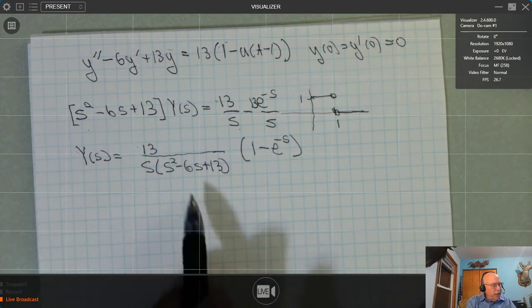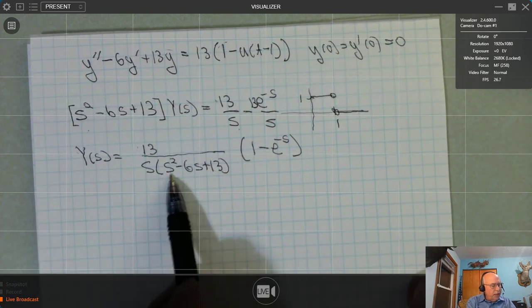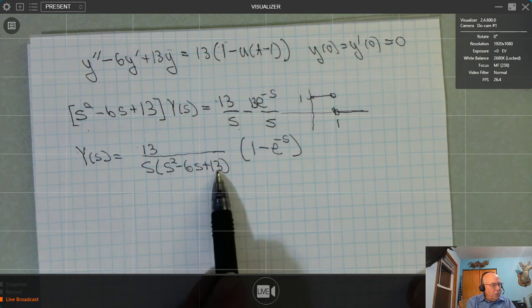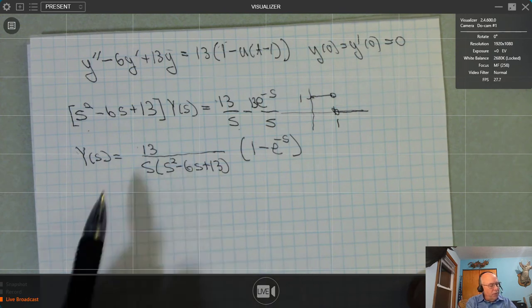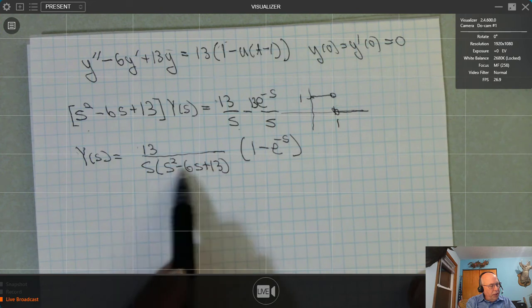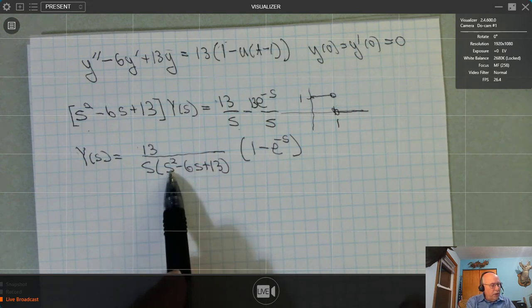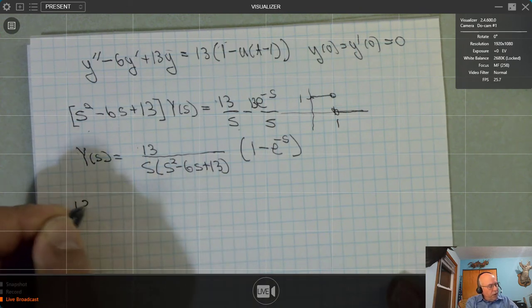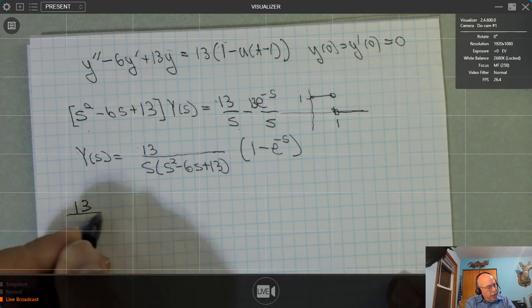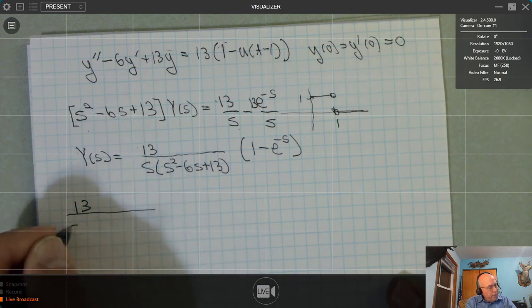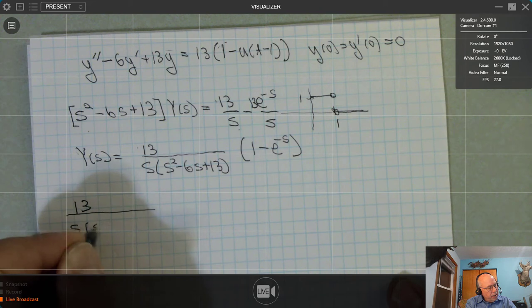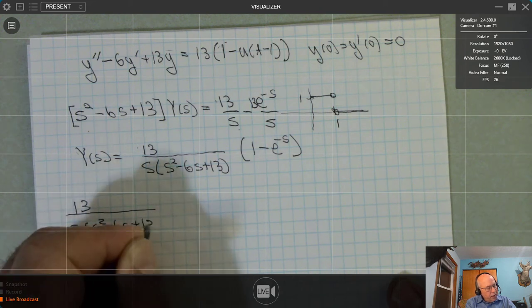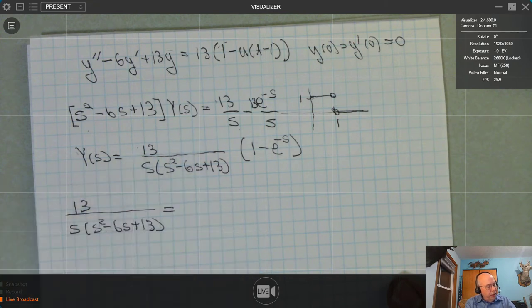So how are we going to handle this thing? Well, it doesn't take too long to figure out that this thing is not going to factor. 13 is prime. There's no way you can get that middle term, so that would have to be done by itself by completing the square. But it's not by itself, is it? So what we need to do first is take this fraction and split it into two fractions,